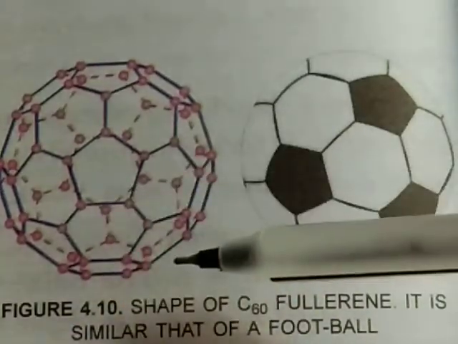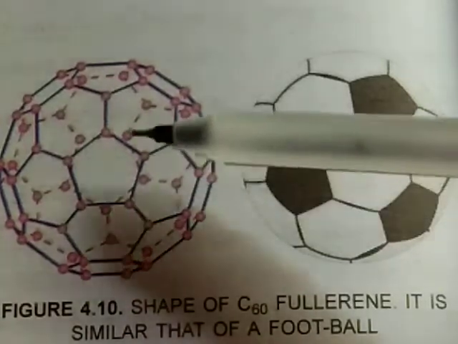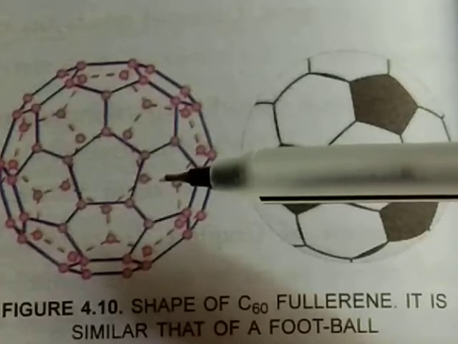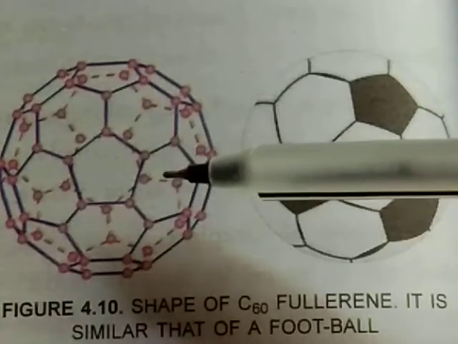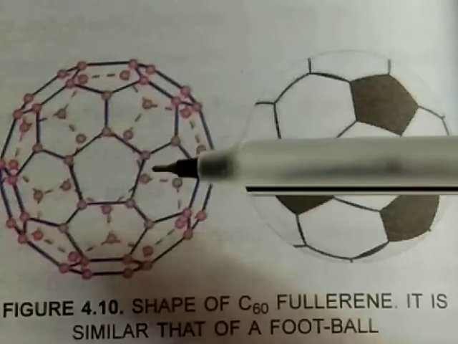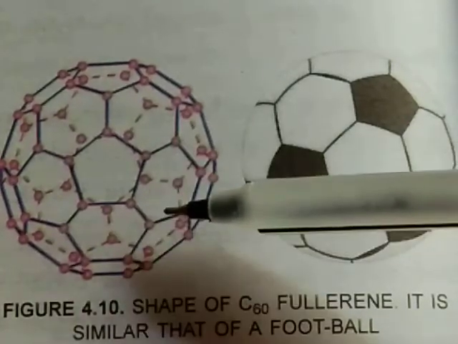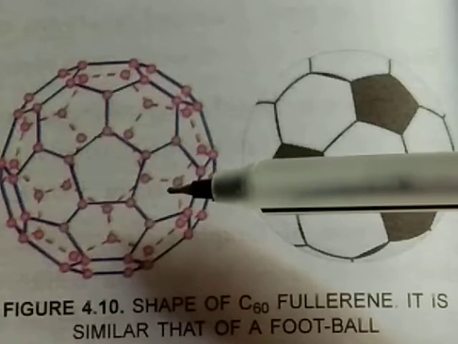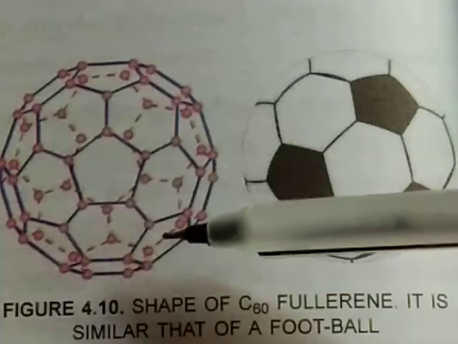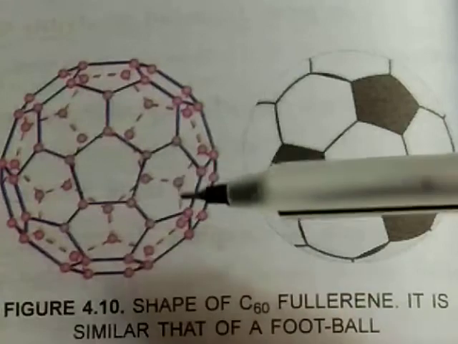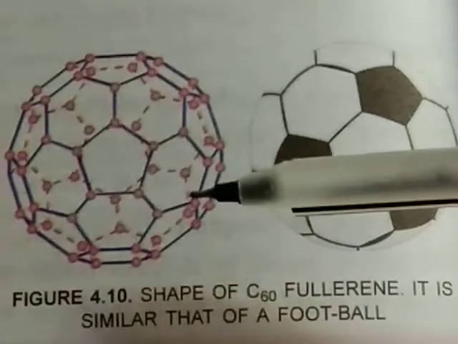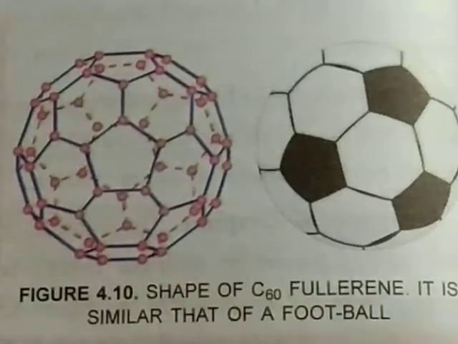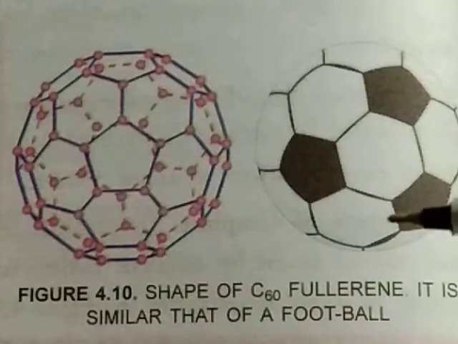All the carbon atoms in fullerenes are equivalent, and they are connected by single bonds and double bonds. So this is called buckyballs. Fullerenes have no free valence electrons to attract other atoms. The free valences are present on the surface of diamond and graphite, so these are not as pure as compared to fullerene.